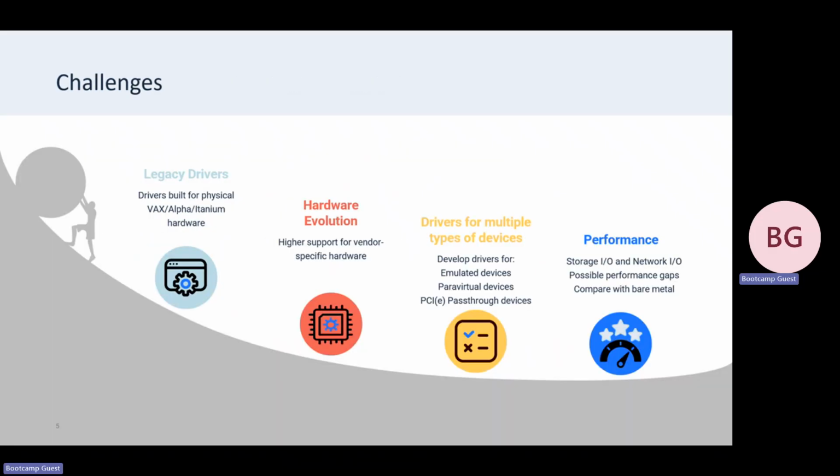So what are the challenges that we face? Of course, the traditional OpenVMS environments run on bare metal hardware. So there's a difference here because on x86 we have many drivers that were built for previous architectures like VAX, Itanium, or Alpha. And now on x86, we have a diverse ecosystem of multiple vendors that we want to support, or could support in the future. Each vendor can provide specific device driver operations and some firmware behaviors that we need to adjust. That's why there is a need